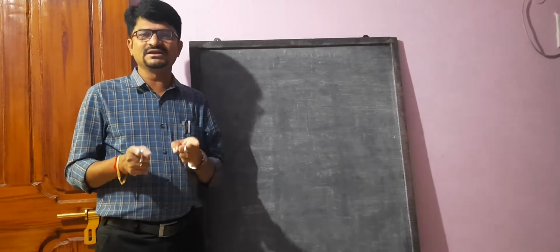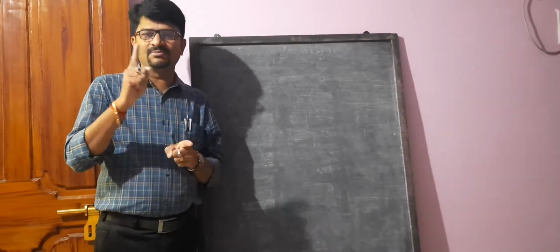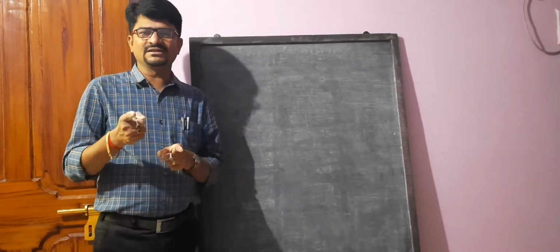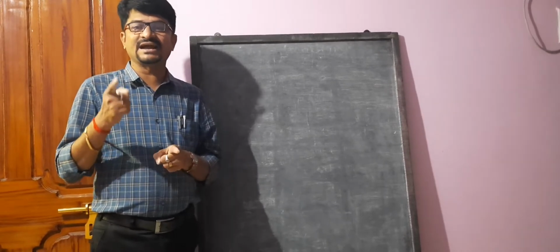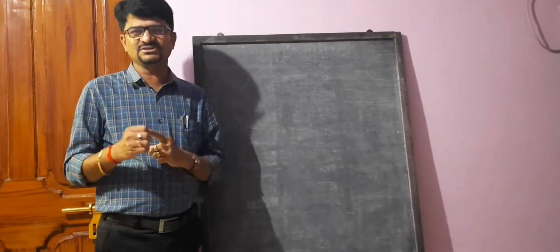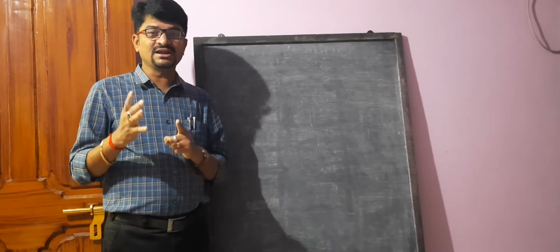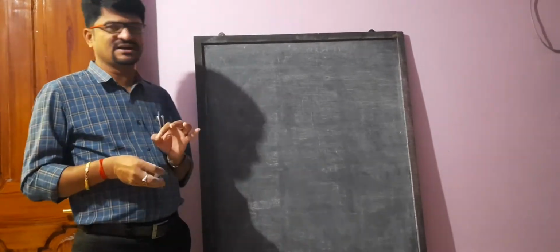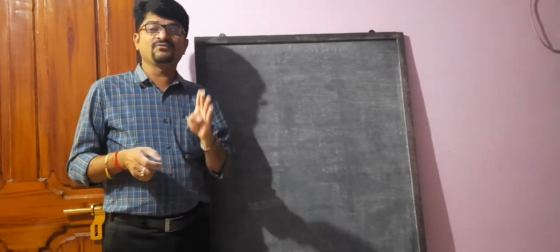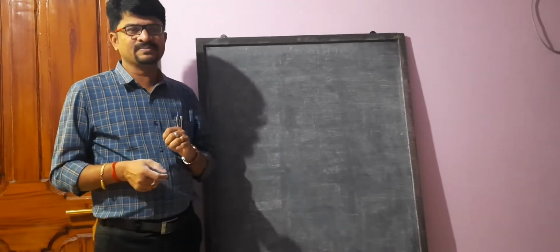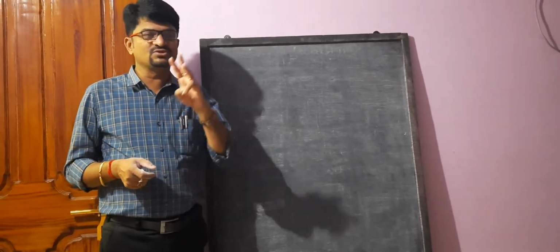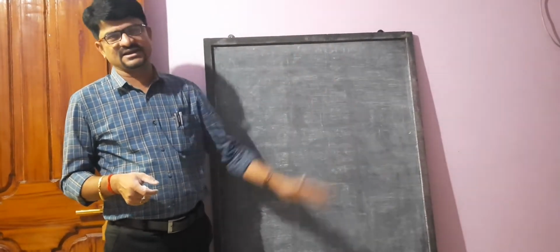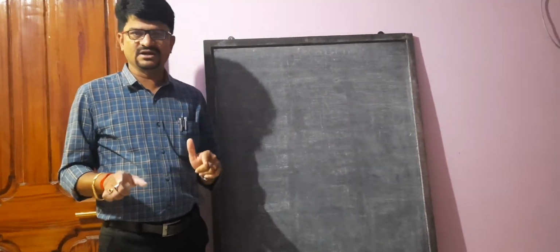Biquadratic polynomial means a fourth degree polynomial. Whenever a fourth degree polynomial is given, it has at most 4 zeros. Here one thing you must observe: whenever a fourth degree polynomial is given, at least 2 zeros will be given and another 2 zeros we need to find. Are you clear, children?